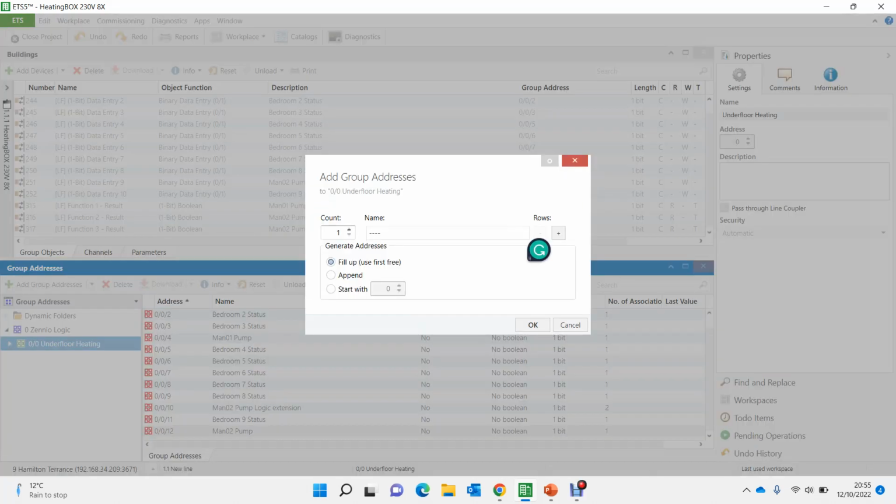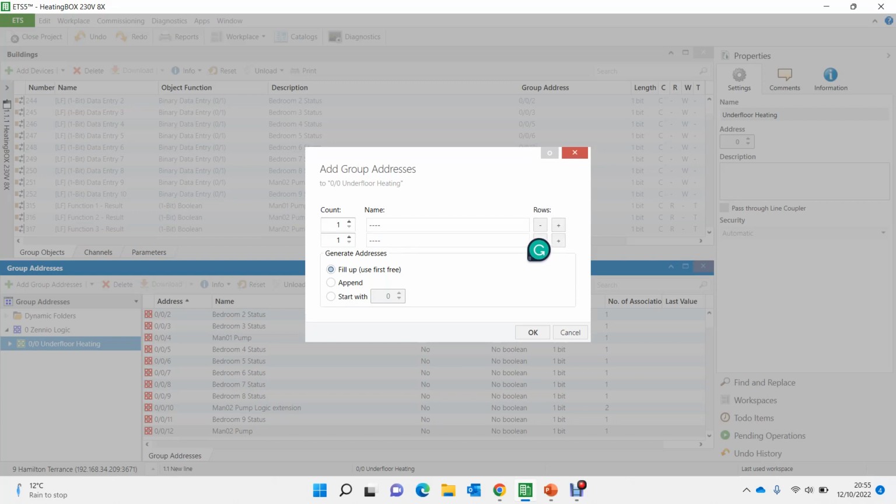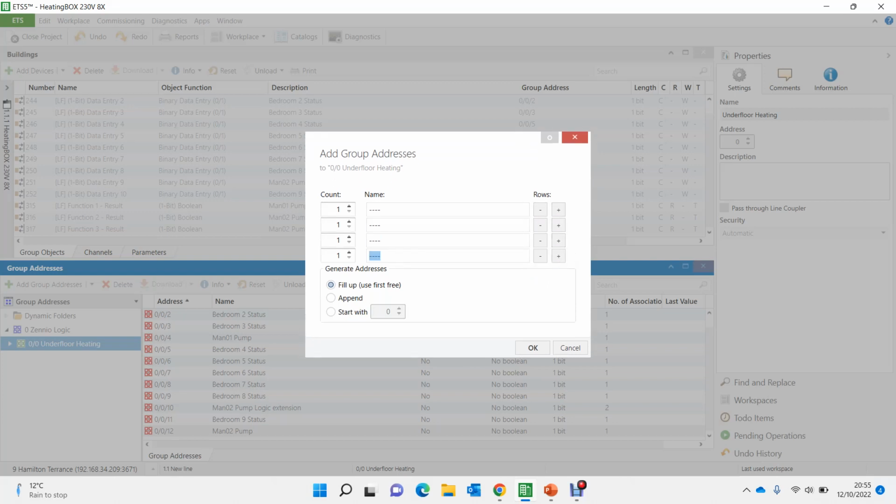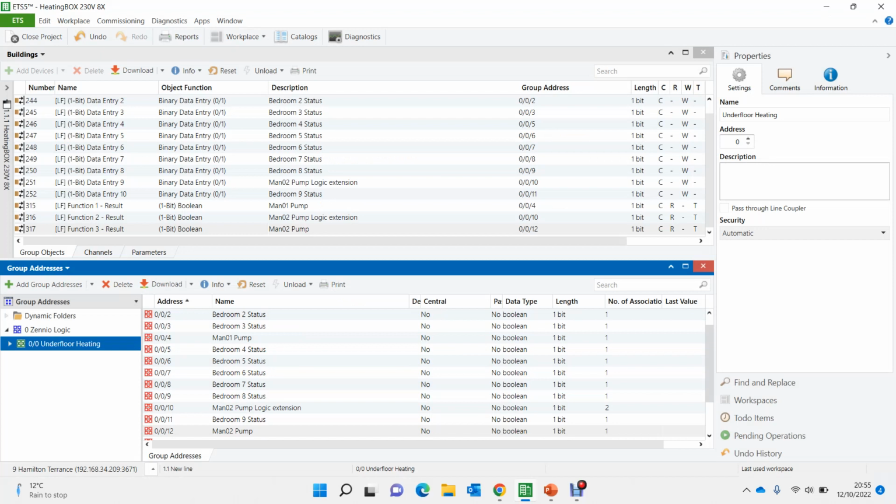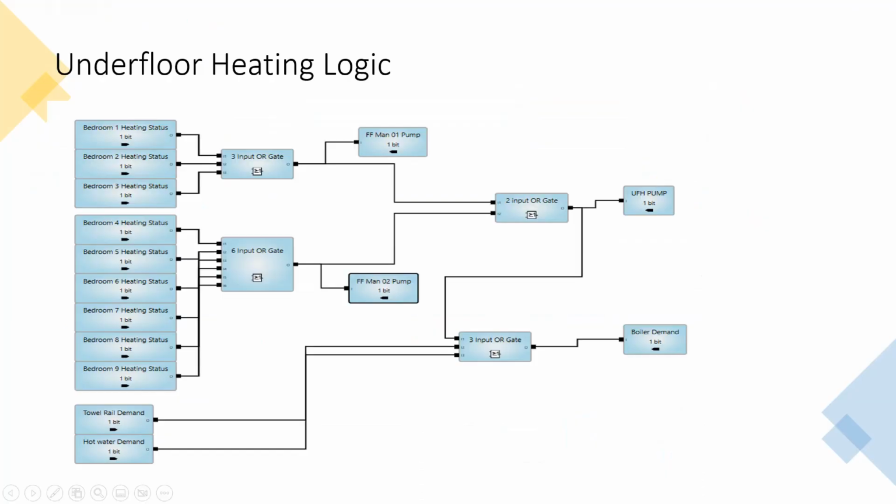Then look at this here. Now we have another input which is for the towel rail, and the other one is for the hot water demand. So if any of these two is on,